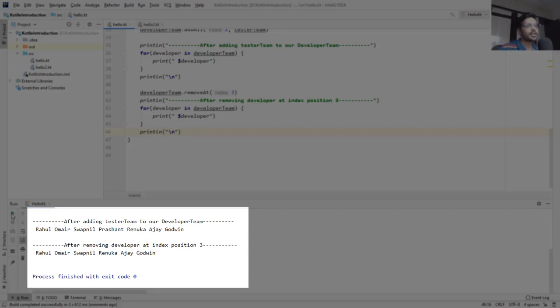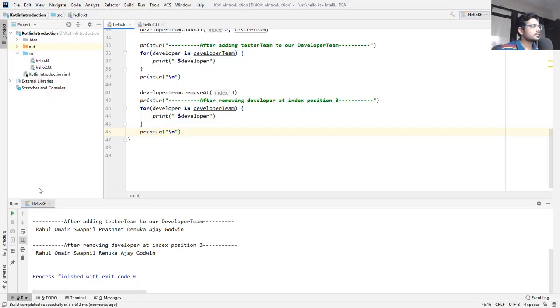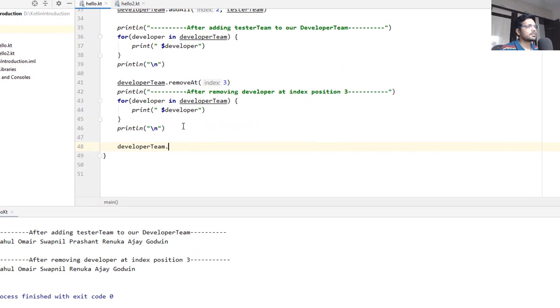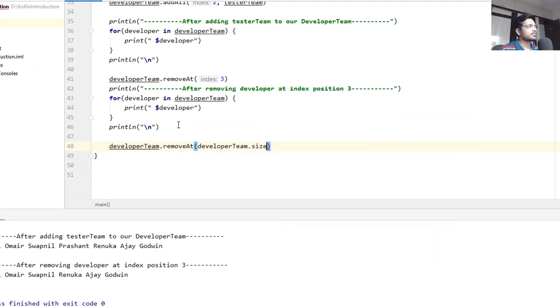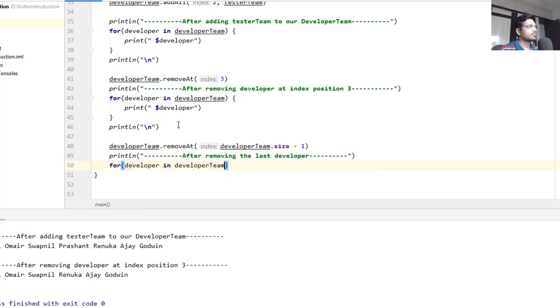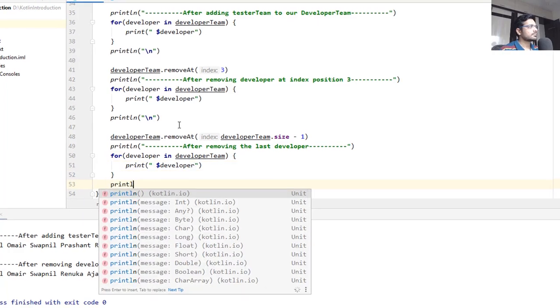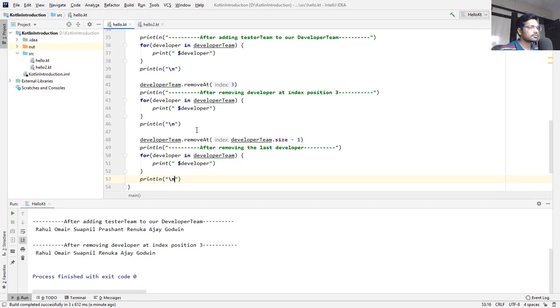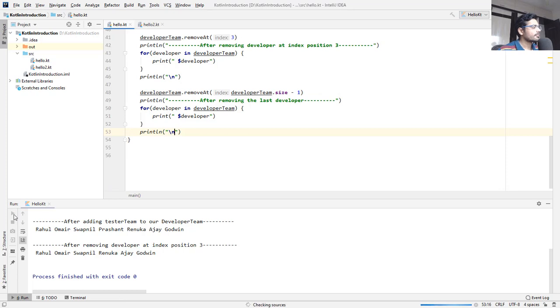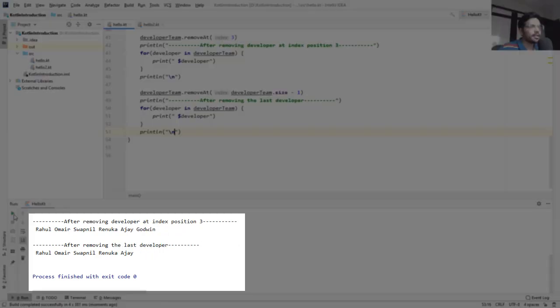Let's remove the last developer from our developers list. Here it has removed Godwin from our list.